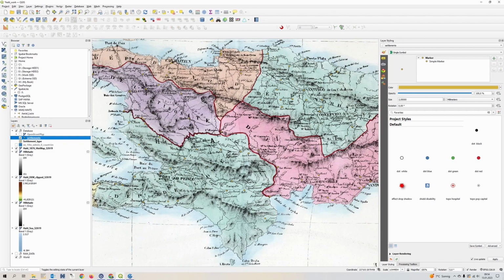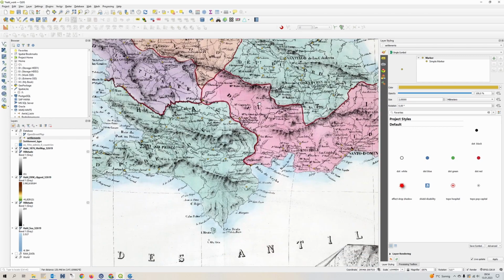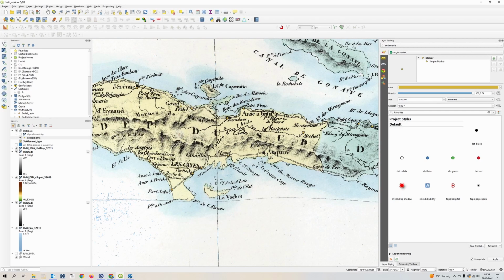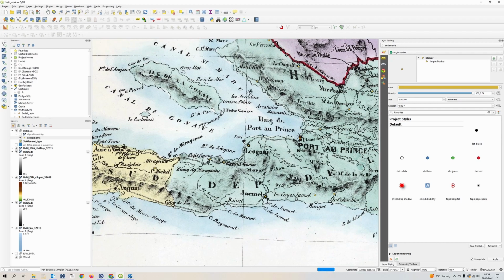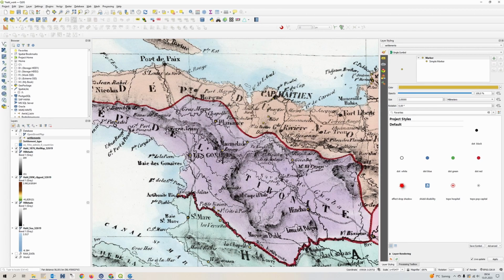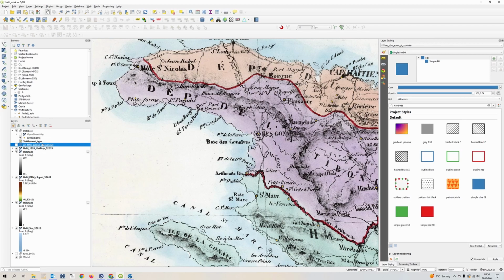So the next thing we are going to digitize are the départements. That's unfortunately much more complicated than the steps we have done before, especially because of the very irregular shape of the coastline and the borders between the different départements. We have to be very careful digitizing them with a polygon. But fortunately we have a help, and the help is the countries layer we already used before for cutting out our DEM. So I will move it on top,